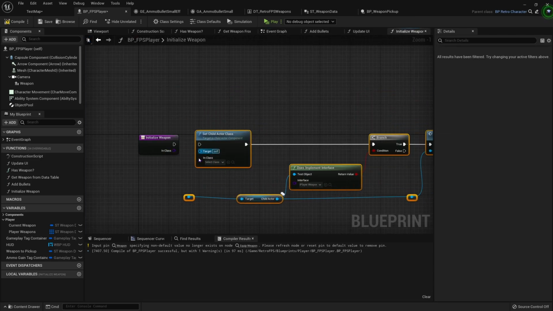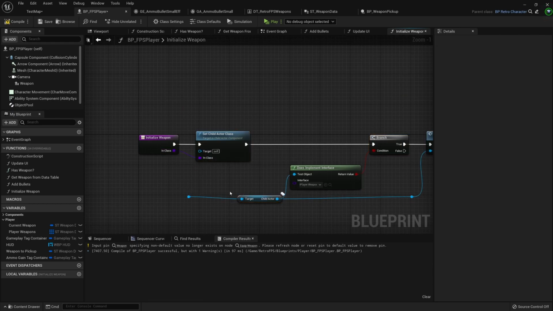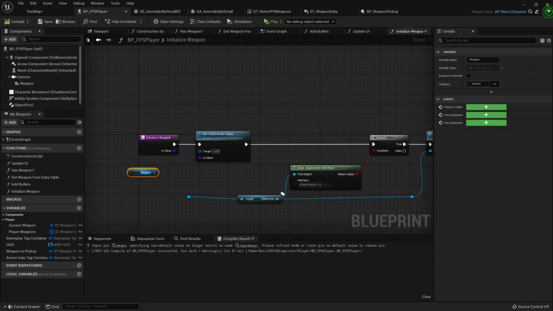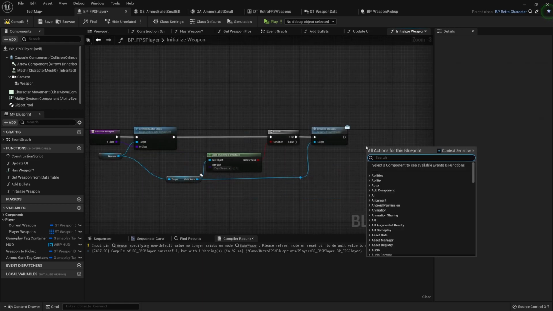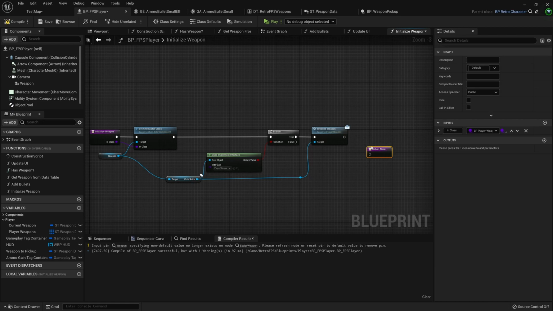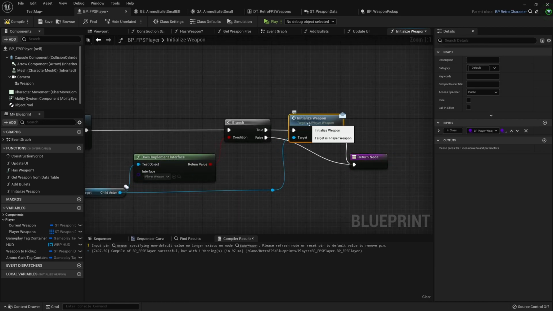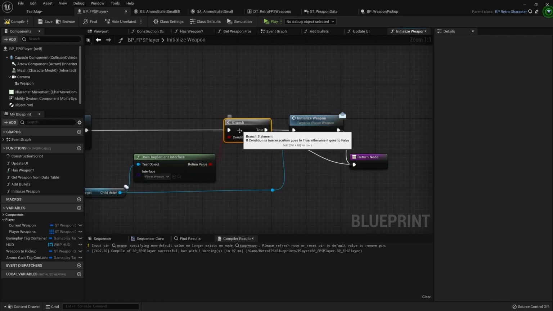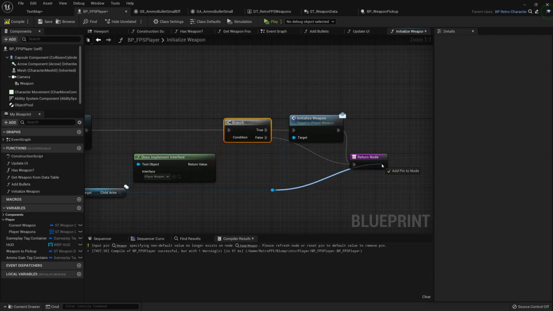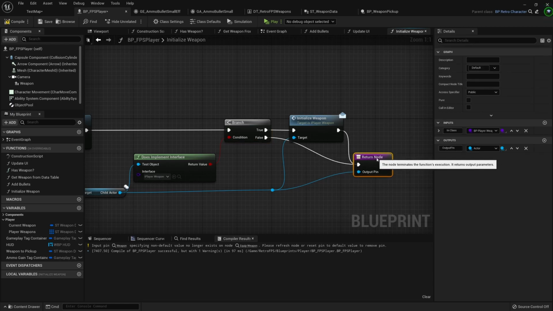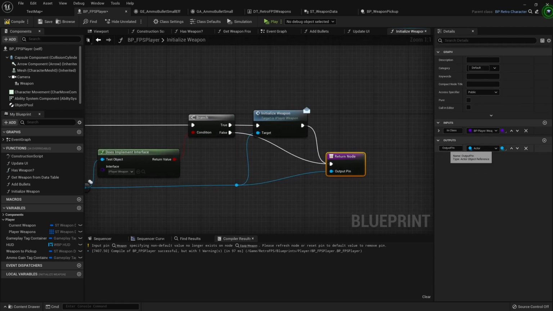And then we'll link up the class, we'll link this up here, and then we'll get the weapon, and that will be linked up to this, and it will be linked up to this. And then we'll add a return node. It will return from initialize weapon here, and it will return from the false on the branch. And we also want to pass out this child actor, and we'll call this weapon actor.